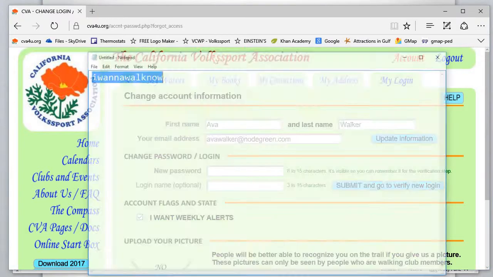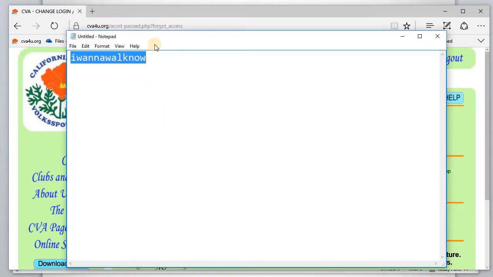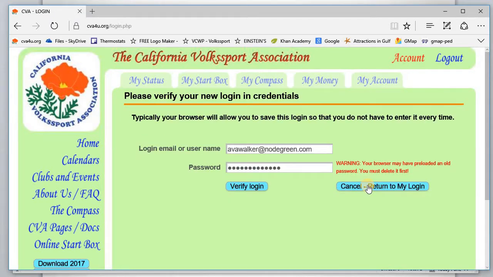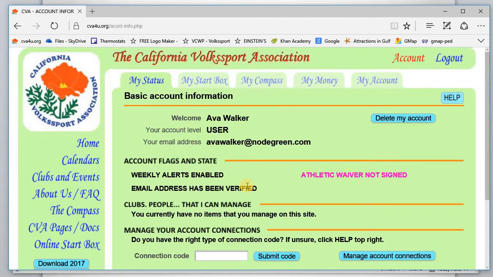And if you recall, this was the password I want to know, and we'll enter it here. And of course, it's going to ask us to verify that again, and I'm going to paste that in here too, and I can verify my login, and now we're back where we were before. So if you're one of these people that don't save your password in the browser, maybe you would consider using a different